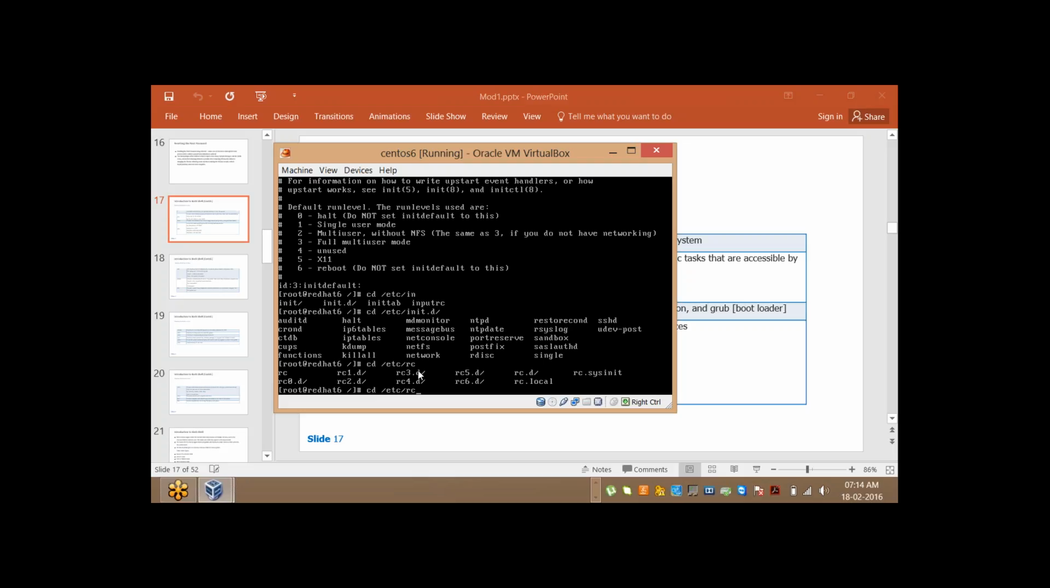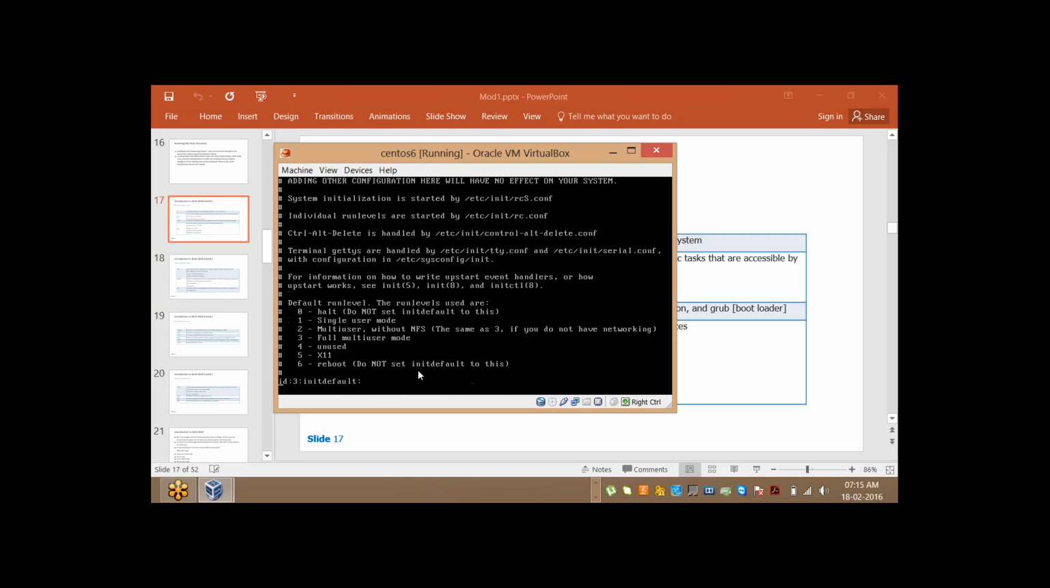So when you are starting the system, in this inittab file at the bottom you can see the run level present. It says id:3:initdefault. That means when I start this Linux system, by default it will start in run level 3. If I say